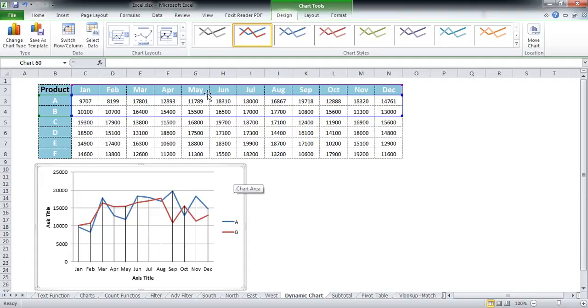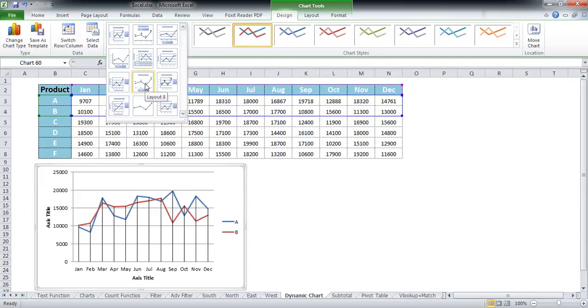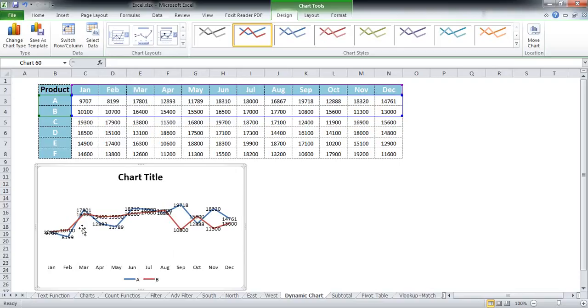So after layout 7, let's just move on to this layout 8 over here and see what it holds for us. So again, this form of a chart completely eliminates the X and the Y axis lines over here. There are no grid lines, and the legend has been shifted from its place on the right side of the chart to the bottom of the chart, and all of my lines are still there, and the points for respective months on these lines have values indicating the sales numbers for those months.